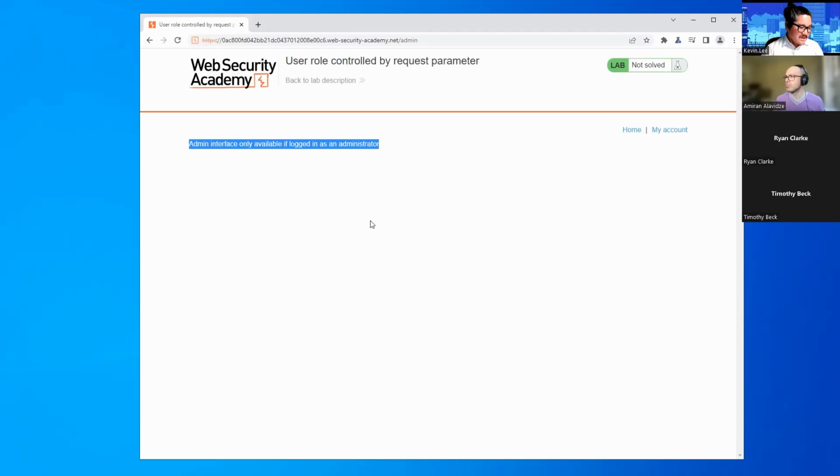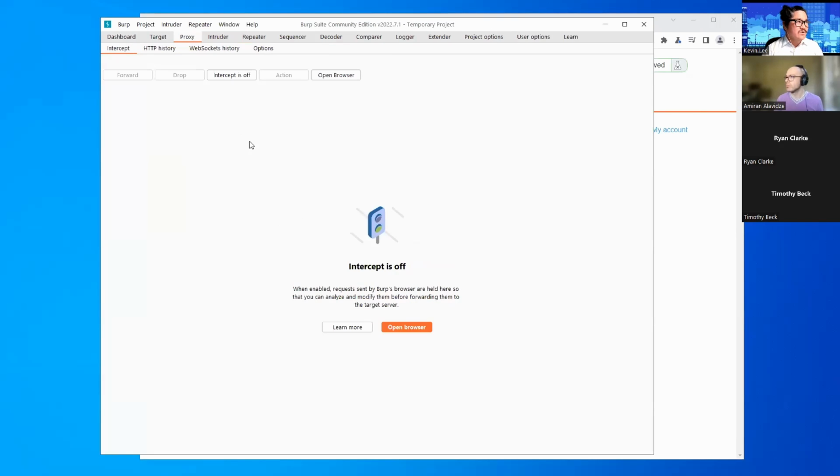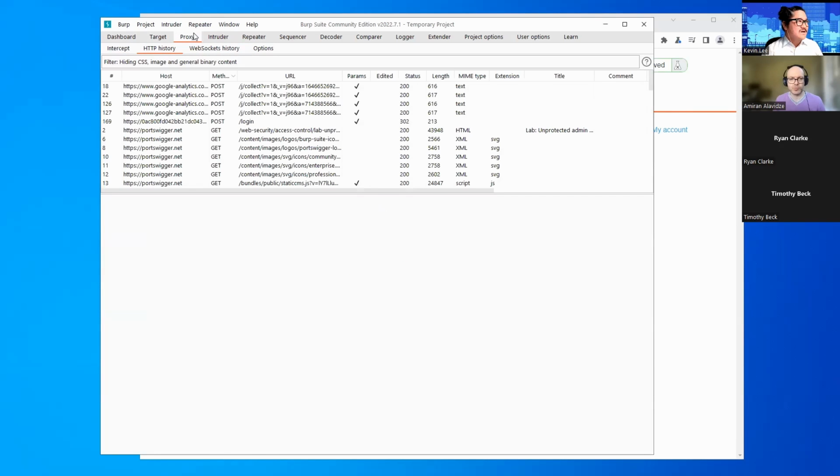To find that out, we're going to go to our Burp Suite. Go back to your Burp Suite program, and we're going to go to the proxy, but we're going to go to intercept. We're going to go to our HTTP history. So click on HTTP history inside of Burp Suite. So proxy HTTP history, and we're going to sort all of these requests by the method.